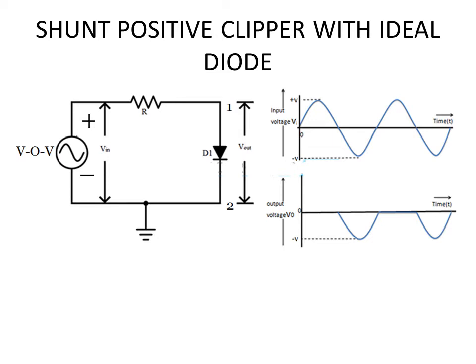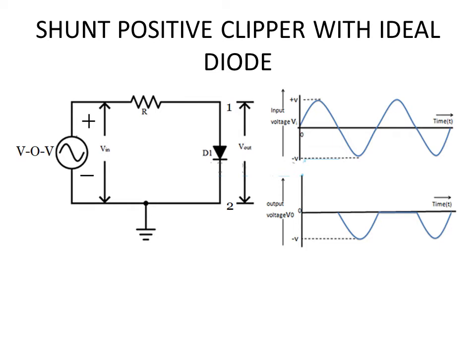So during the positive cycle, the input source has the polarity shown in the figure. The top portion will be positive, so that will obviously make the diode forward biased. In that case, the diode will be conducting current through it. And now I'm going to explain it assuming that it is an ideal diode, which means it will not dissipate any voltage across it. The instant it is forward biased, it will begin to conduct current, and there is no voltage drop across the diode. So when the diode is forward biased, current is flowing smoothly through the diode, which means there is no dissipation of voltage across the diode.